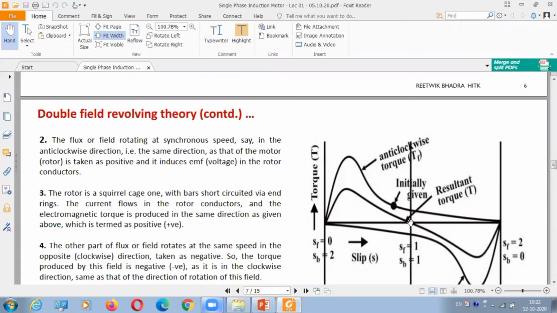That is obviously what is required for producing your starting torque, because we had seen in the three-phase induction motor that only if there is a rotating magnetic field is starting torque produced. So that's why we are splitting the single phase into two phases using two windings: one main winding and one auxiliary winding.